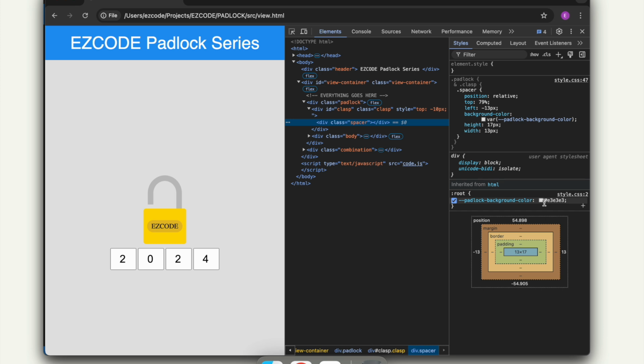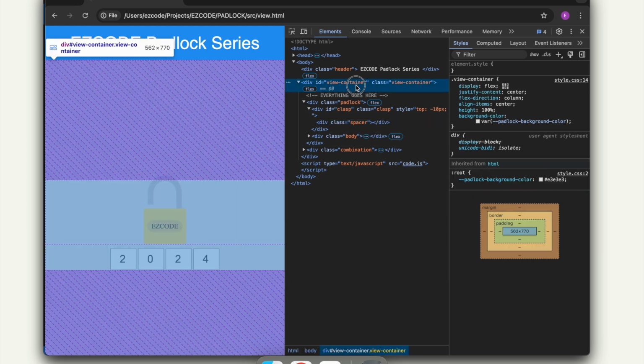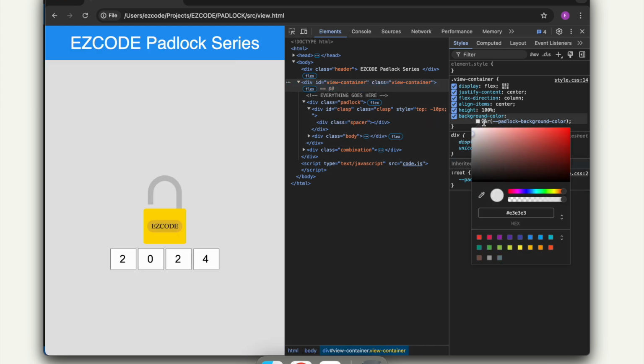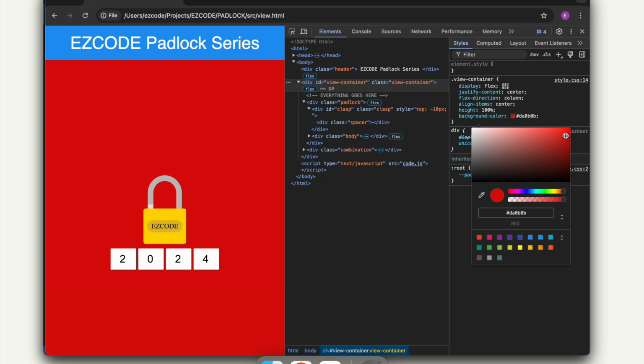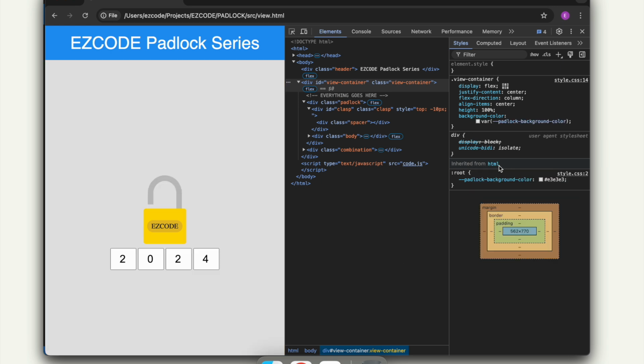So if we change the background color on the view container, there will still be a mismatch. If I went in here and changed this to be this color, you can see the spacer is still the color that it was before. So just note that's not the way to change this. What we would do is find the variable here,